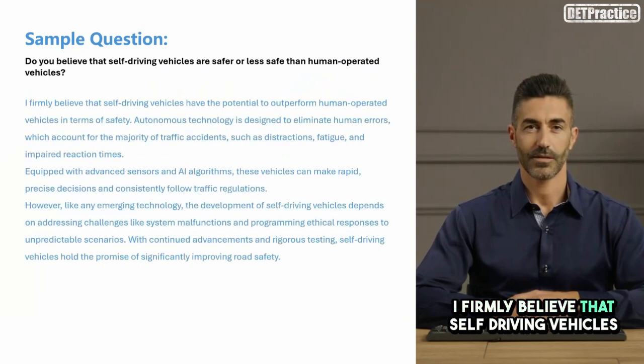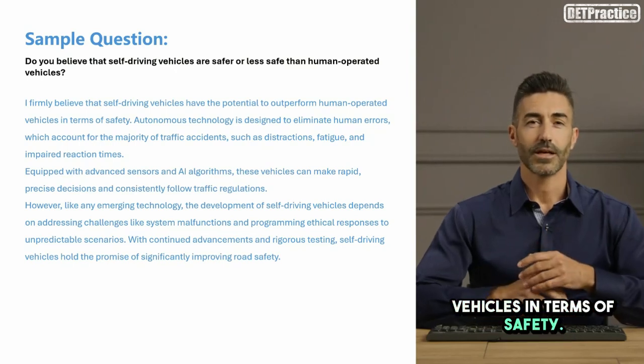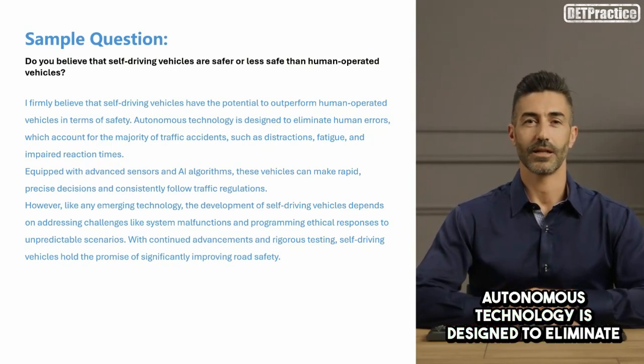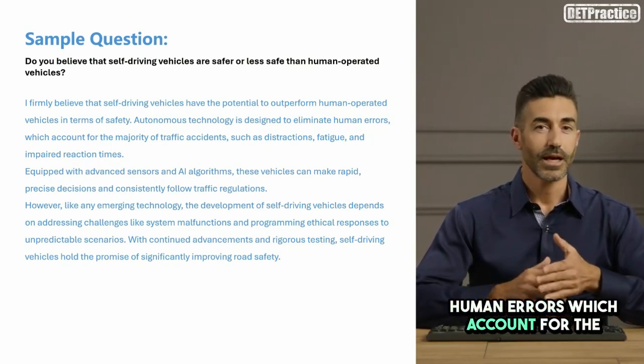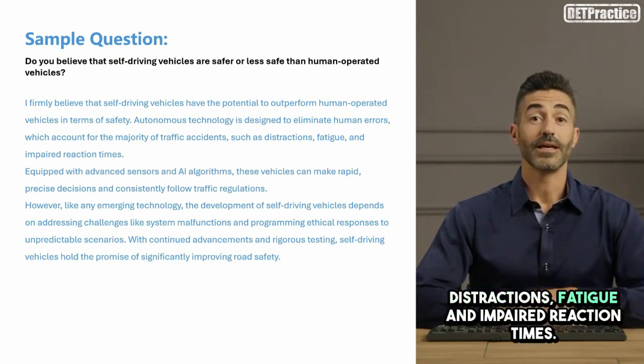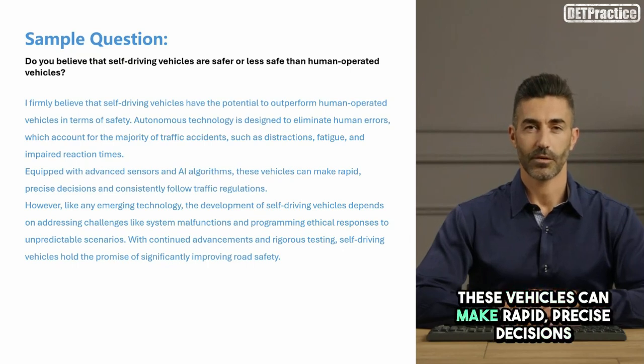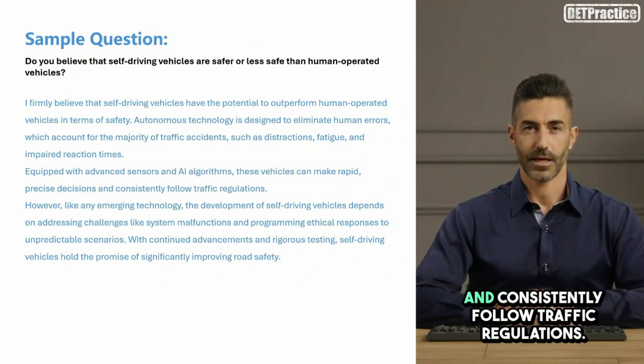I firmly believe that self-driving vehicles have the potential to outperform human-operated vehicles in terms of safety. Autonomous technology is designed to eliminate human errors, which account for the majority of traffic accidents such as distractions, fatigue, and impaired reaction times. Equipped with advanced sensors and AI algorithms, these vehicles can make rapid, precise decisions and consistently